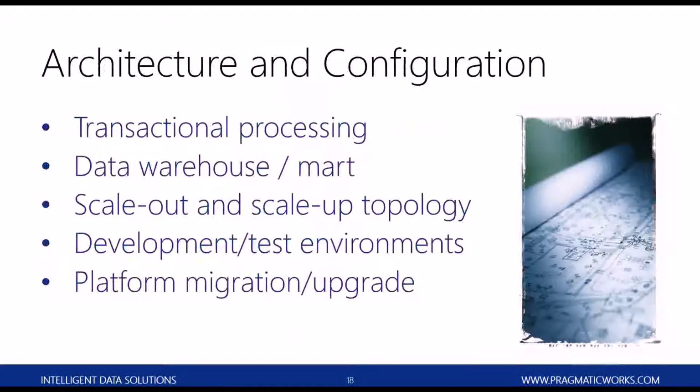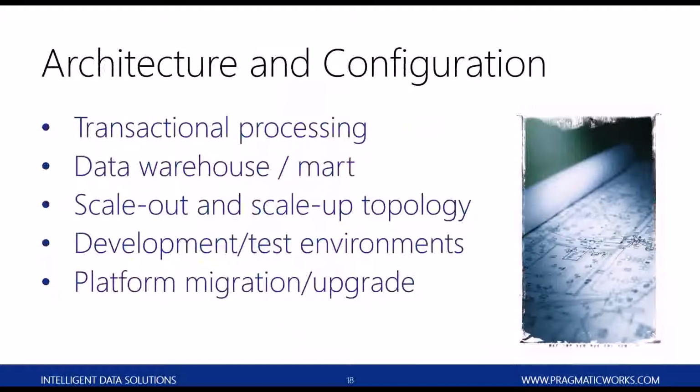You don't always, if you go from 6 CPU to 12 CPU cores, get twice the performance. Sometimes what you really need to do is, instead of having 12 CPUs, maybe have 2 machines with 6 CPU each. And there are some options that we have out there where we can start to leverage those kind of scale-outs. And that's kind of what I want to talk about here to wrap up this piece on architecture and